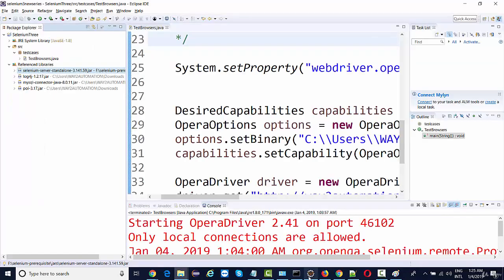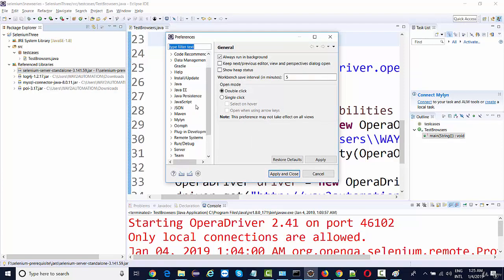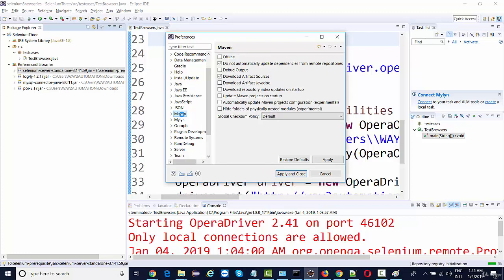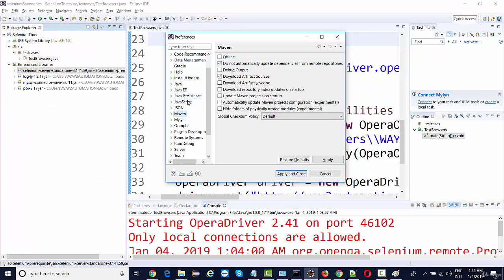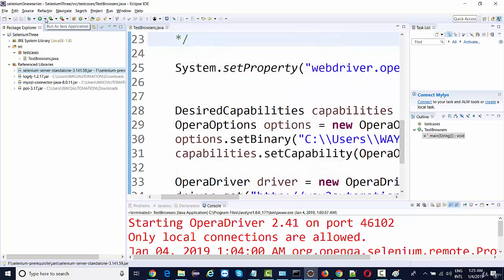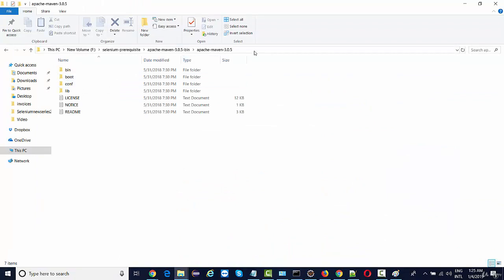The second way is that Maven comes built in with Eclipse. There's a plugin of Maven in Eclipse. If you go to Window, Preferences, you'll find the Maven plugin installed over here. This comes pre-built in Eclipse, right? Although if you don't do this download, we can still work on Maven. But later on, when we start using Maven for building tasks, we will not be using Eclipse. We'll not be running our code through Eclipse. We may be running it through command prompt, through Jenkins. In that case, we need to configure it globally as well, right?